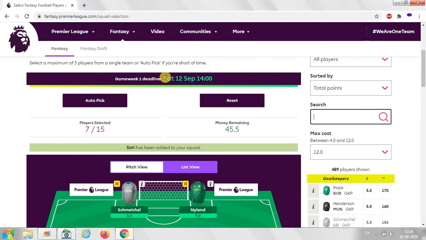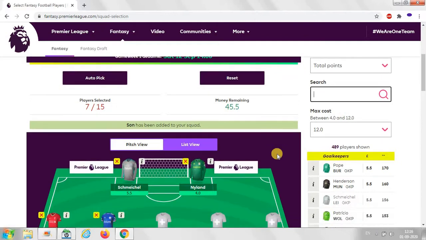So you will not be able to select your team within 1 hour of the kickoff. Now this year they have extended it by 30 more minutes. So 1.5 hours before the kickoff time, wherever you are in the UK, US, India, UAE, or anywhere in the world, you must select your team 1.5 hours before the kickoff. After that, you will not be able to select your team for that week. So you must be careful, guys.